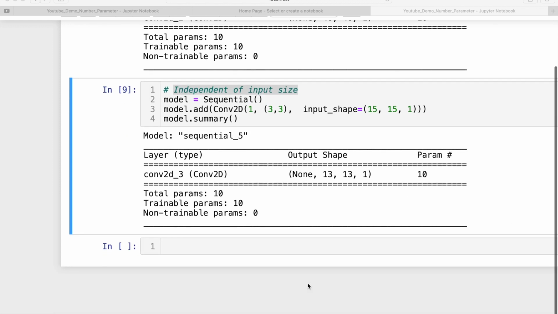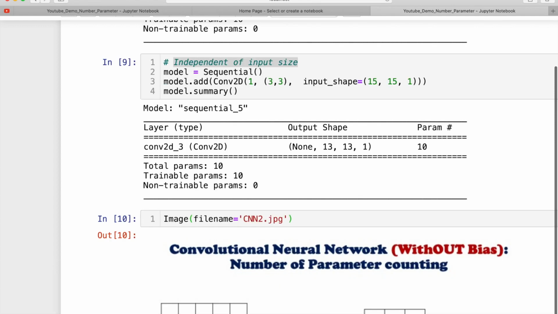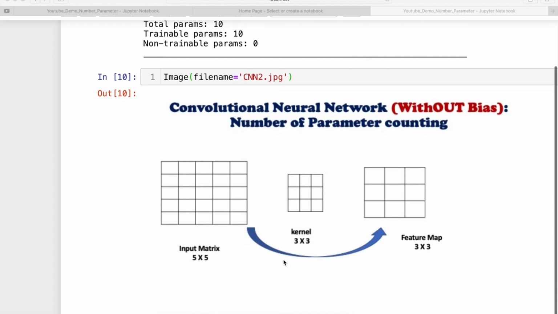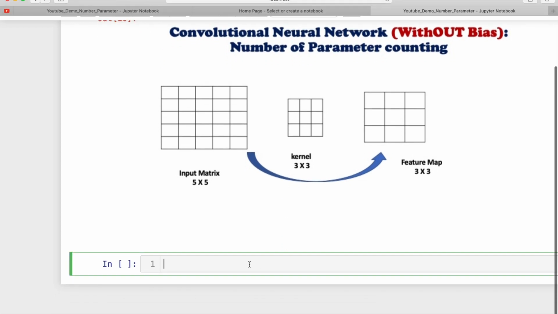Now take another example, that is without bias. In this case you can see I have not considered the bias. We have the API, so in the API you can say I don't want to consider the bias. This kind of question you may encounter in the exam, or in your coding also.